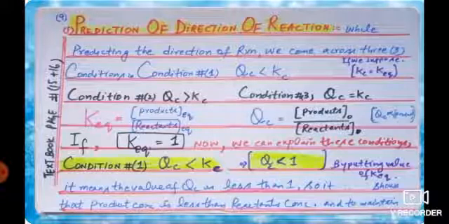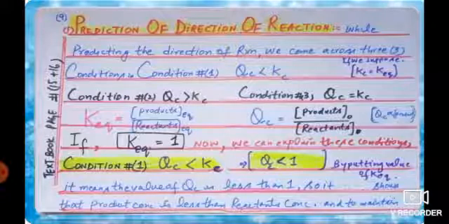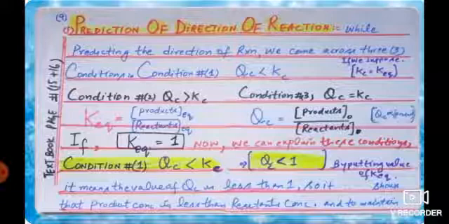It means if the QC is less than Kc, the K equilibrium, so if we put the value of the Kc, which is K equilibrium, that is equal to 1, the equation now becomes QC is less than 1. It means that the QC has values less than 1, meaning it will be in decimals. And it also shows that the amount of the product in the equation will be very less as compared to the amount of reactants.